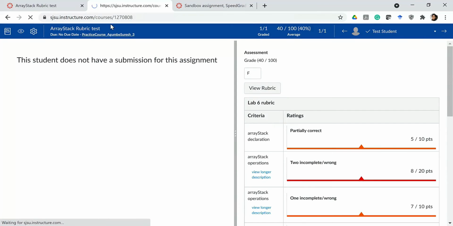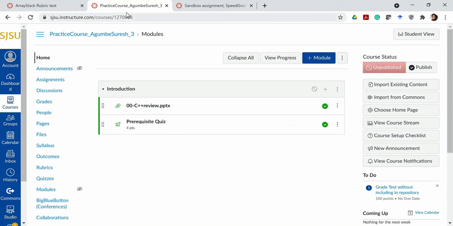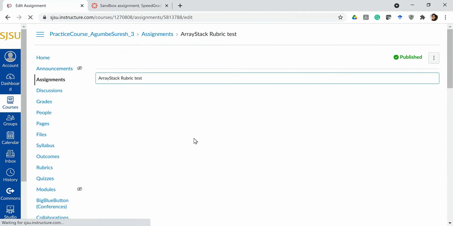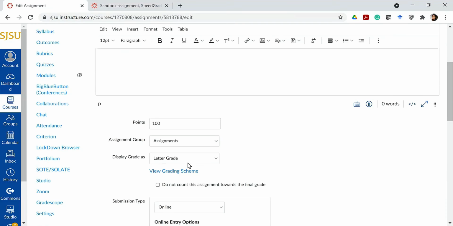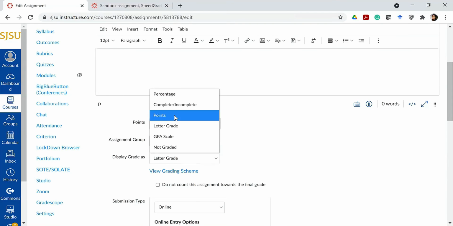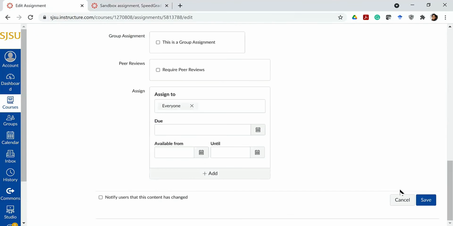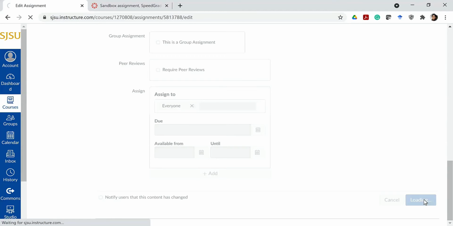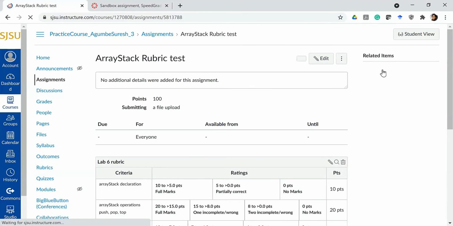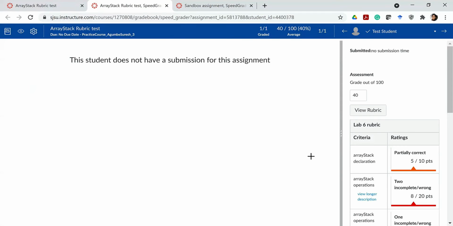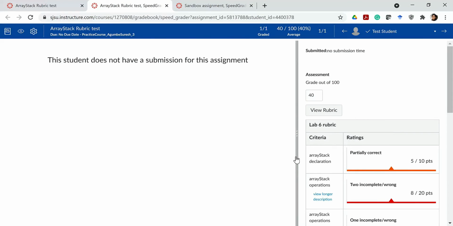But if I do set it up as just the actual points, then the number would appear. So points, and we save it, then that should appear as 40 points, the one that I've selected. Yeah, so the number came up without having to do any additional steps, just selecting from the elements in the rubric. So this is one way to do rubrics in the traditional points system.